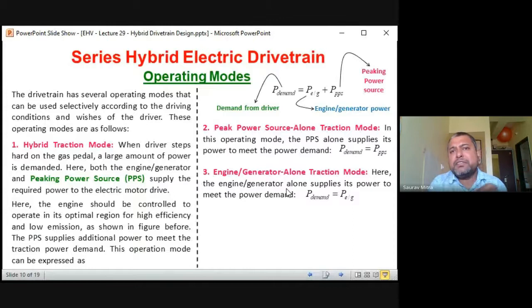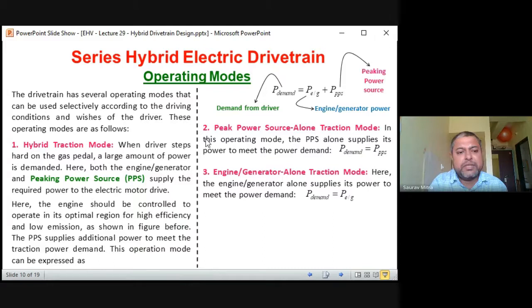So in mode 1, first generator and engine is driving the car. So that is this one. Next is the battery is driving the vehicle, that is this one. And third, or fifth I think, was together. So source 1 and source 2, that is engine, generator, and the battery, they are together driving the vehicle. So here, in case of hybrid, that is the first operating mode.